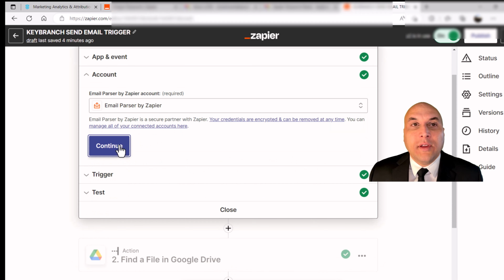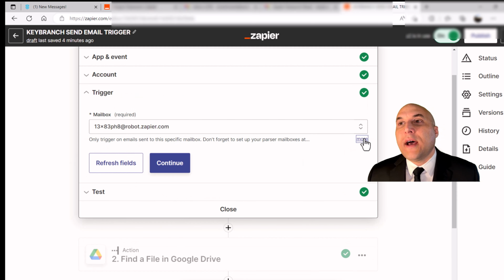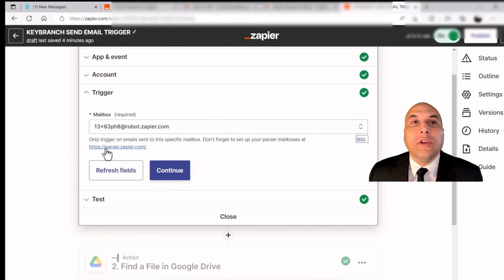Now, we're going to hit Continue here. We're going to do Email Parser by Zapier. And you're going to need to set up a parser. It's going to ask you for a mailbox. This is my mailbox, but you need to set up your own. And the way you set up your own is by going to